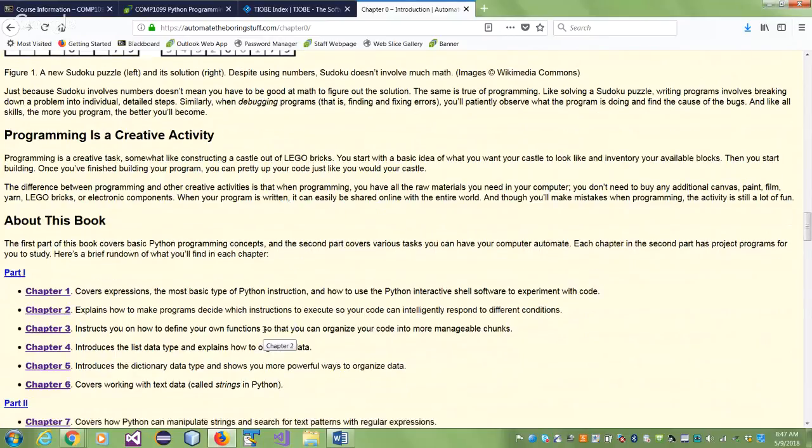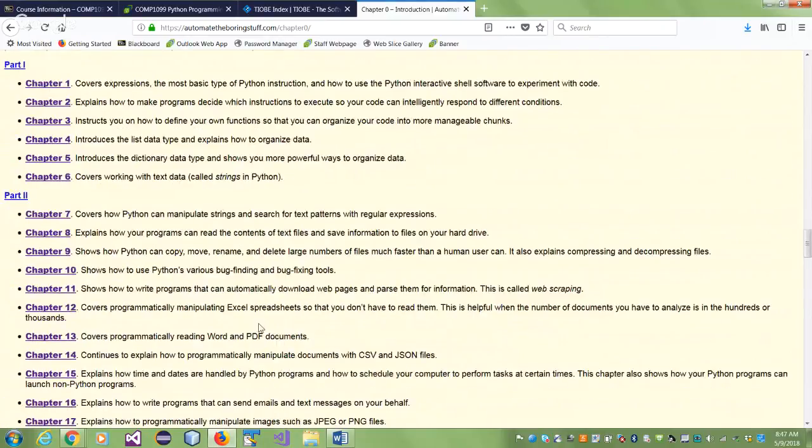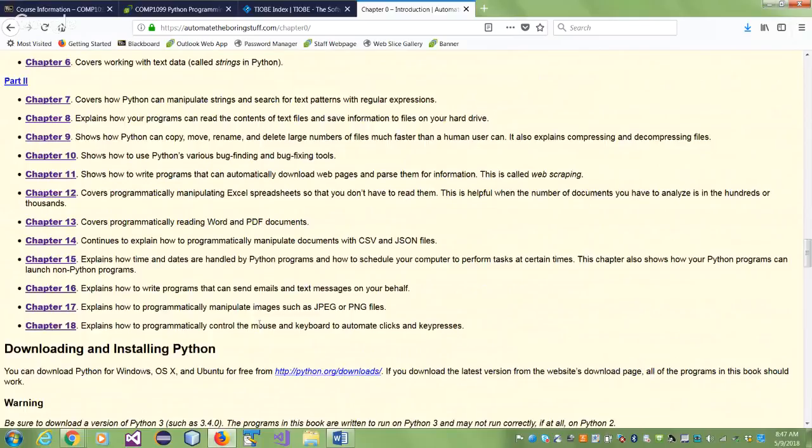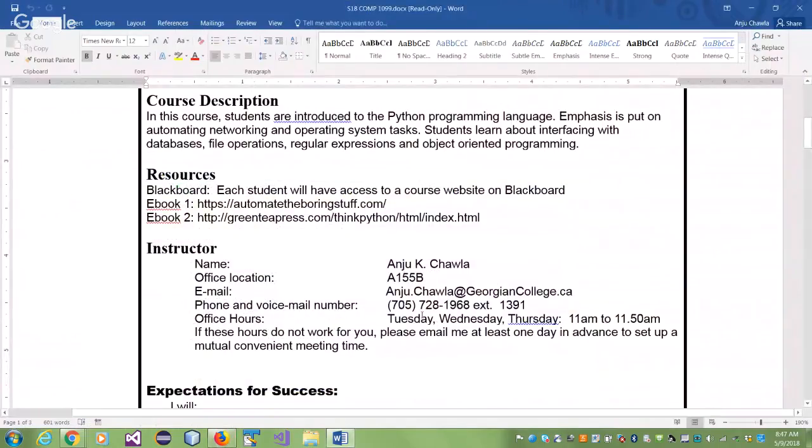Right? So they've divided the book into parts depending upon the complexity of the chapter. Part 1 is kind of elementary, in part 2 we'll go a little further, and so on and so forth. So that's what it is. The main thing now: how do you download and install Python? Very important. You cannot do any class, any assignment unless you have it. The address is right here, but it was also given on my syllabus.